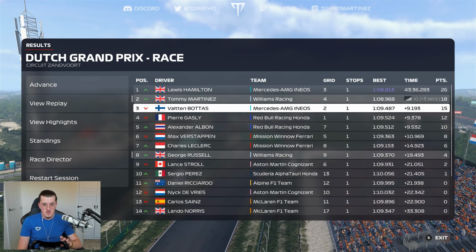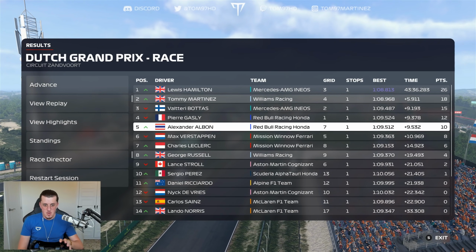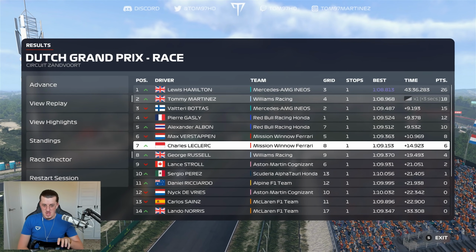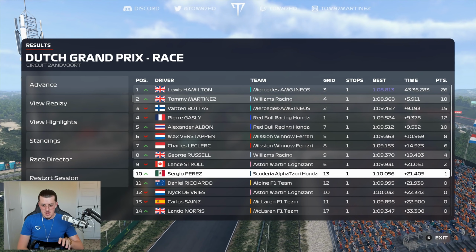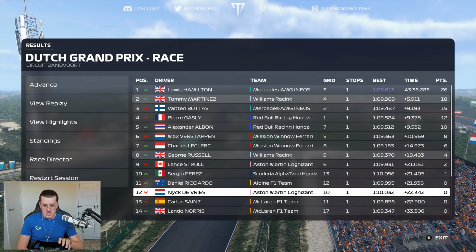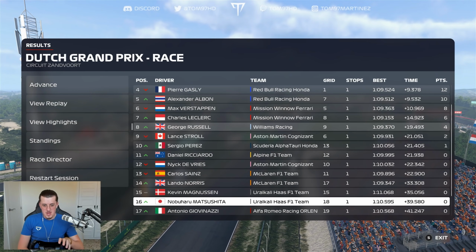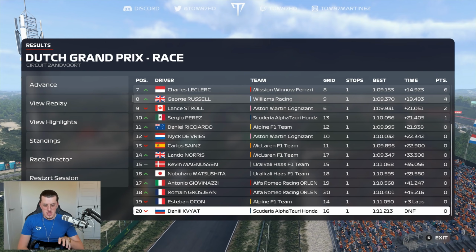Bottas actually finished his P3 ahead of Gasly, so he got him right at the end. Albon P5 in the 2nd Red Bull ahead of Max Verstappen in the 1st of the Ferraris in his home Grand Prix. Leclerc P7, Russell in the points in P8, Stroll and Perez round out the top 10. Outside of the points, Daniel Ricciardo, Nick De Vries, of course, who was the surprise performer in round 1. Carlos Sainz, Lando Norris, Kevin Magnussen, Matsushita, Giovinazzi, Grosjean, with Ocon and Kvyat joining them out of the points and